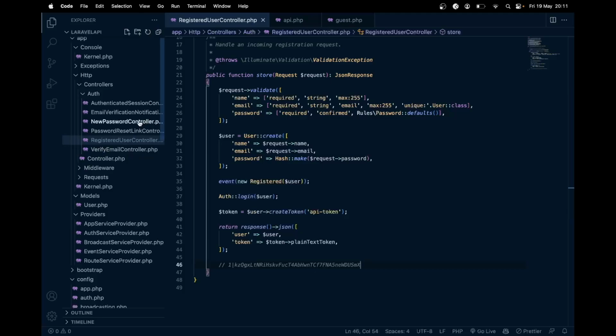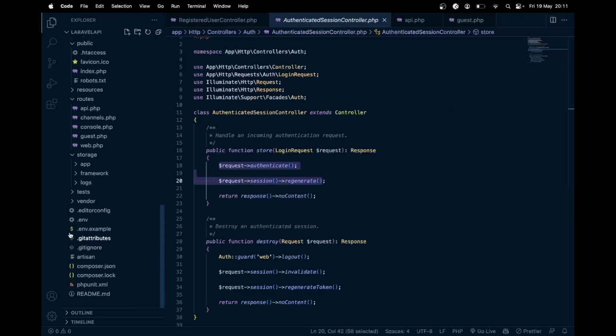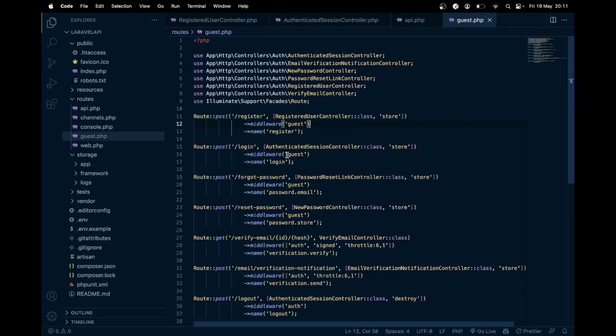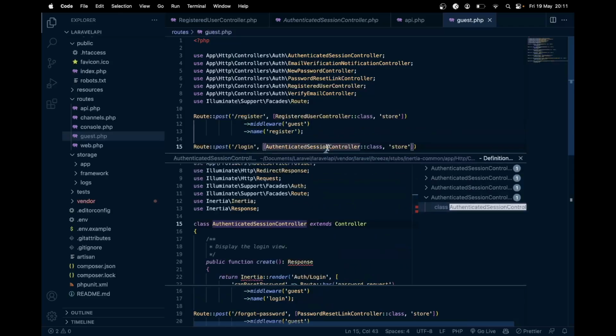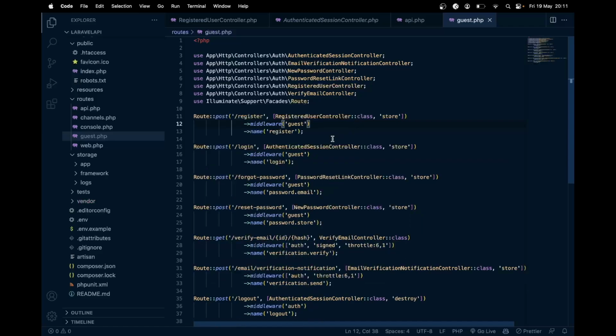So let's go for the login route, which is authenticated session. Is it that one? Yeah, I think so. Let's just double check. So if we go to guest.php, yeah, authenticated session controller, this one over here. Yep, so this one over here. So we need to work on this one. So let's go to login